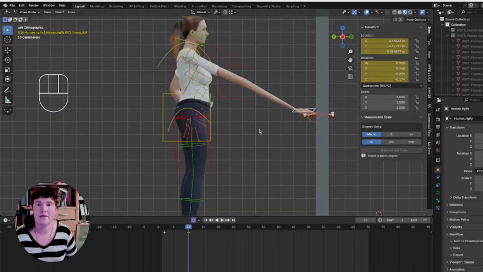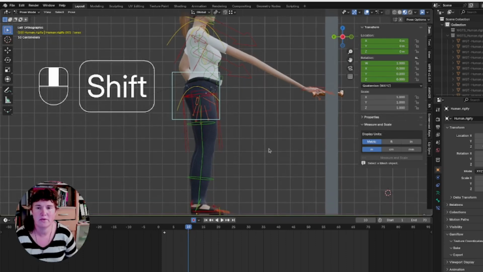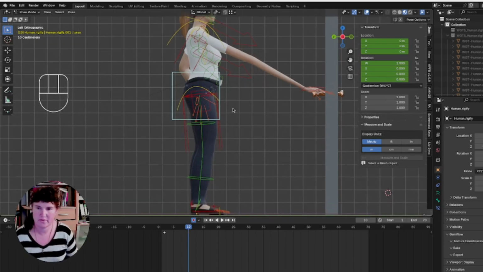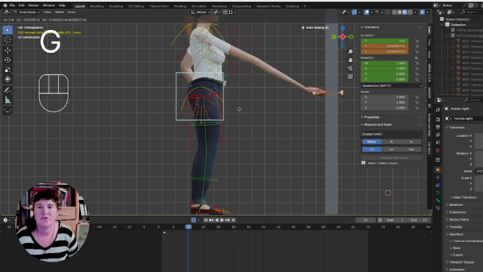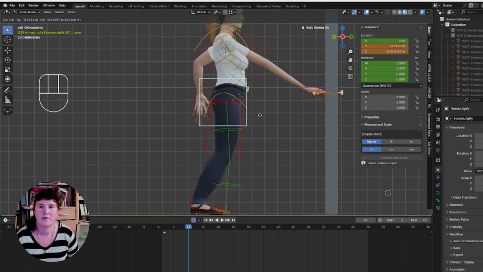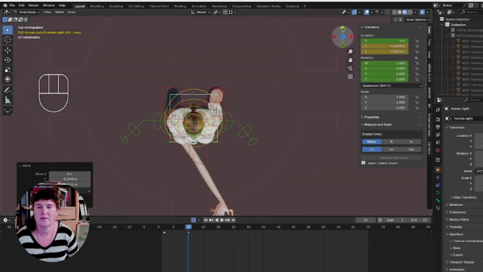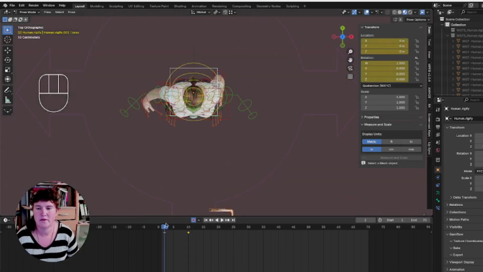So what to do? If you don't know what to do, just find yourself a door, open it, and just remember what your body is doing when you open the door. I did this before recording, so I remember. I will shift my weight a bit towards the door. That already helps a bit, and then